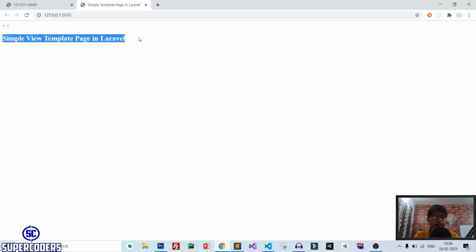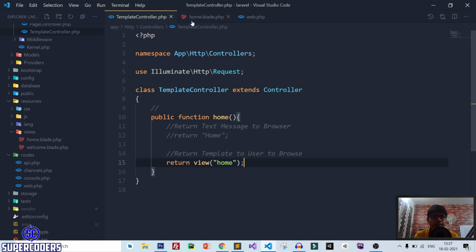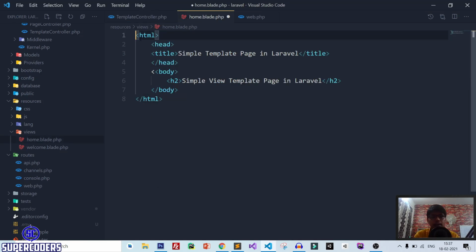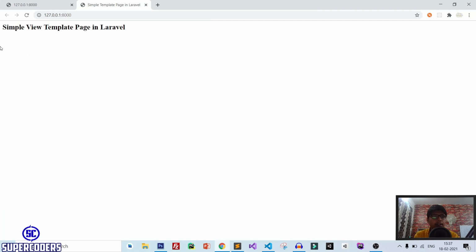You can see simple template page in Laravel, and it is working perfectly. One more thing, it is showing some arrow. Let's remove it. Again save this page, close it, refresh, and you can see it is working perfectly.